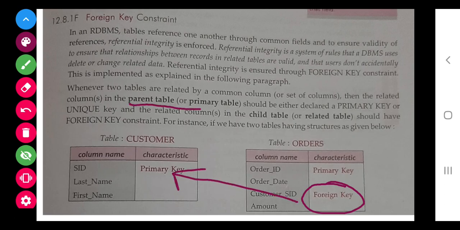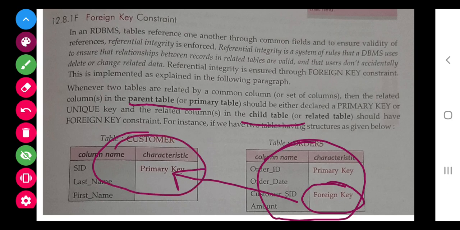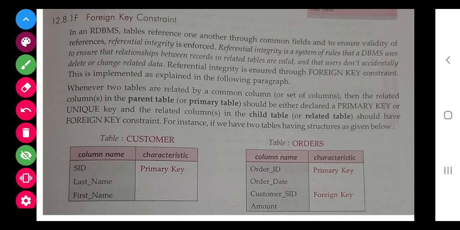There are two tables, the parent table and the child table. This table is going to use this table, so this is the parent and this is the child, and in the child we want to create a foreign key of the parent. So how to create it? In this way we will create.